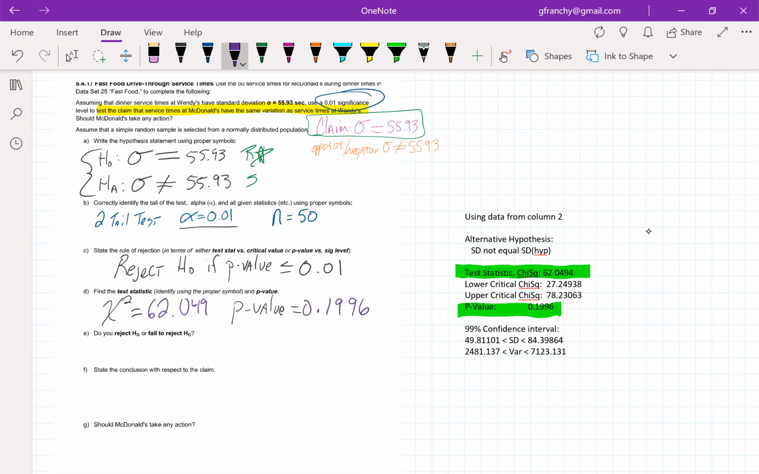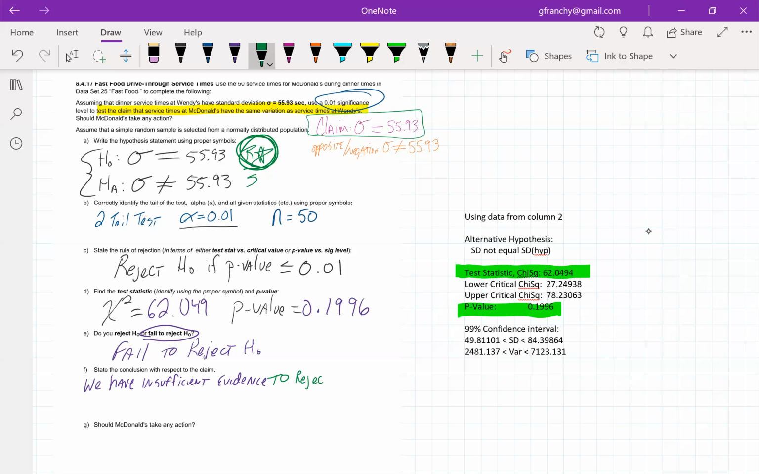We fail to reject the null hypothesis. And when we fail to reject, we don't have the evidence. We have insufficient evidence to reject the claim that